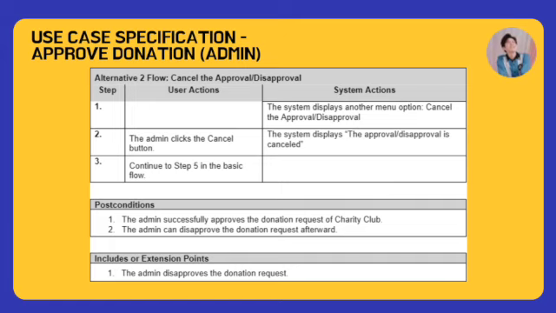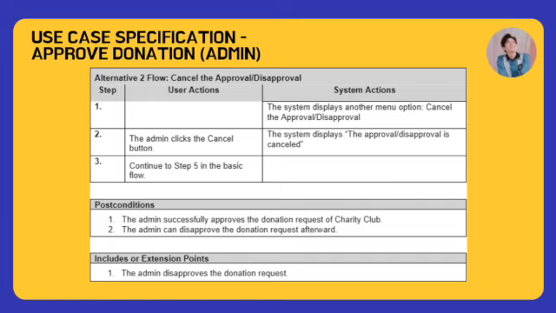The second alternative flow is for canceling the approval or disapproval. The system will display another menu option, which is cancel the approval or disapproval. The admin will click on the cancel button, and the system will display a message written "the approval or disapproval is cancelled", and then the flow will continue to step 5